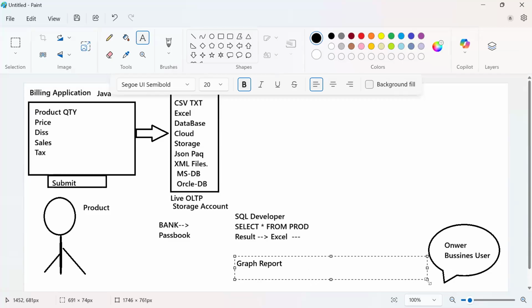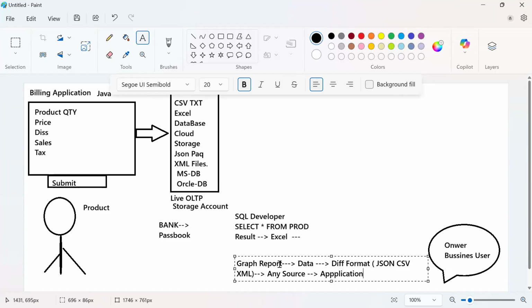The report is generated by using some data. Where is the data? Data is in different formats. The format could be JSON or CSV or maybe XML or whatever it is. Who is providing this data? We don't know. From where is the data coming? From different source systems, different applications.